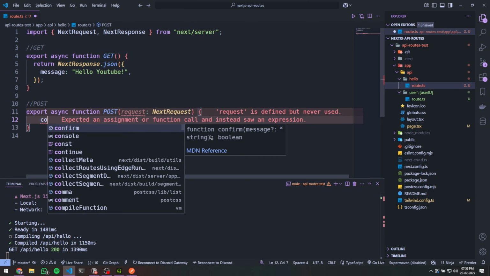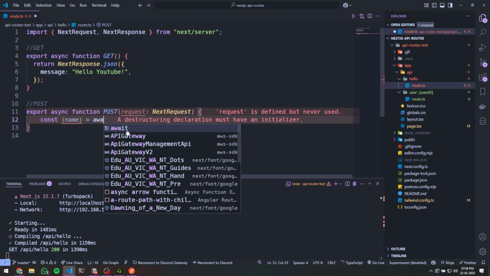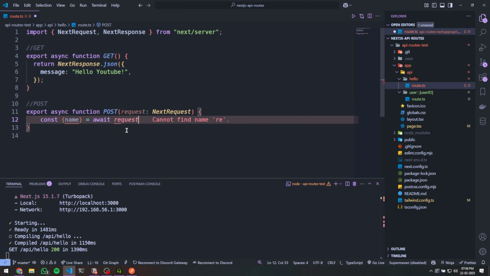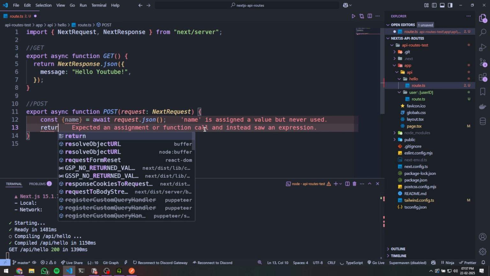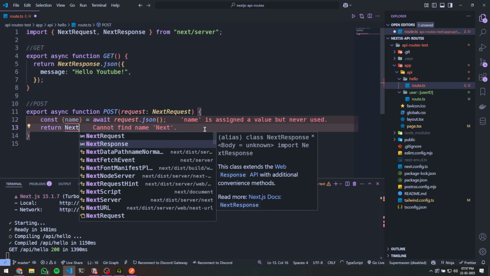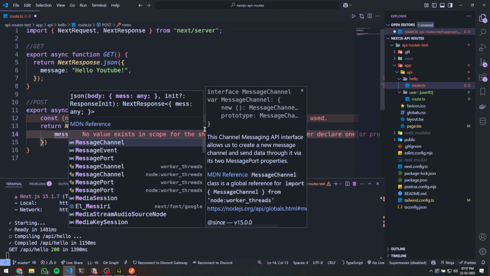So I'll be sending a name, for example. const { name }. Now we are destructuring the name from what? From await request.json(). So when we get the data back from this particular request, we'll convert it into JSON, and we'll wait for the promise to resolve, and then we'll destructure that data and we'll get the name from it. So name, and then we'll send a NextResponse, and inside this NextResponse we'll be sending a message with that name. So message: